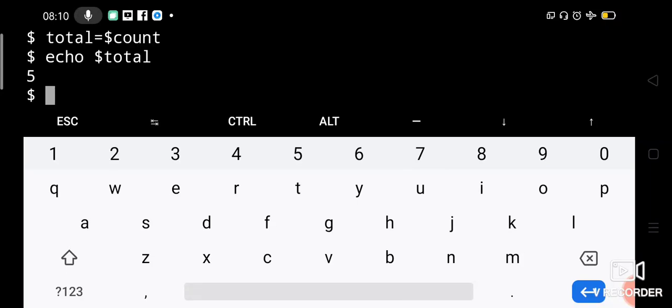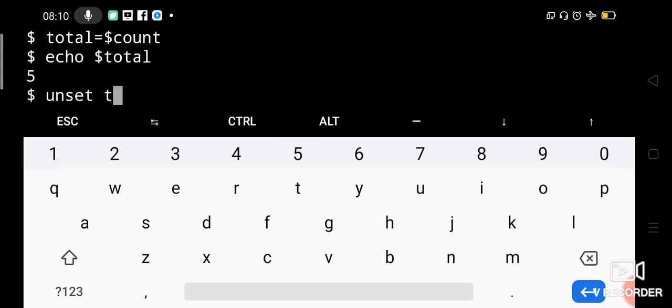So you observe that we are not mentioning the data type here, right? So now if you say unset, okay, if you say unset, it means you are removing the variable from memory.